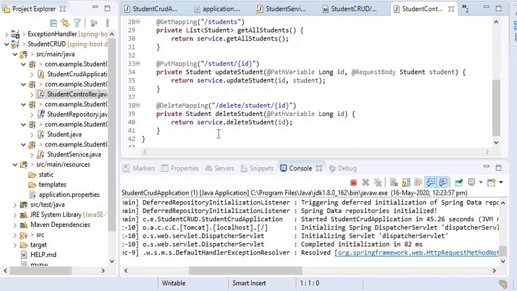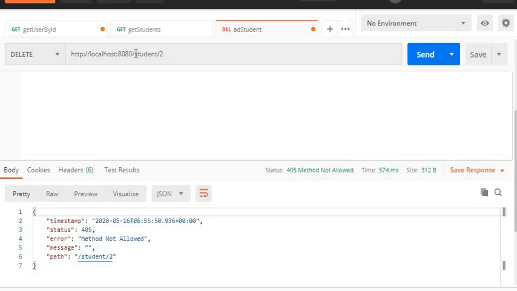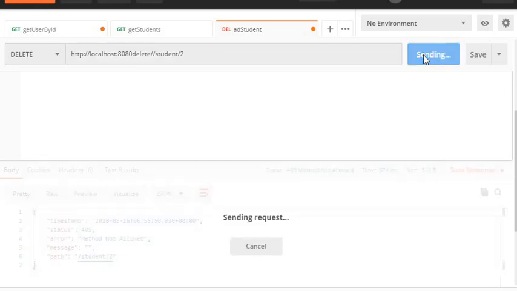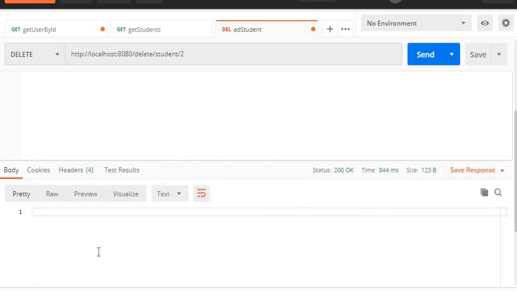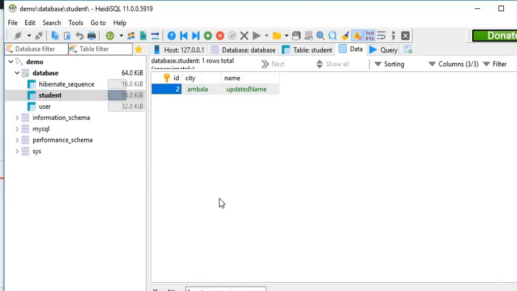Here I have added delete inside the URL, so I will go and write delete. Now I will call this API again. And here it's showing 200. Okay. And now we will go to our database and refresh it here. Now we can say the operation deleted successfully.